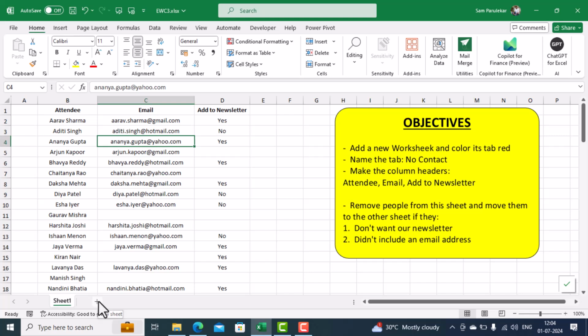We are supposed to make a new worksheet and color its tab as red, change the name of the tab to No Contacts, transfer the same column headings, that is attendee, email and add to newsletter, into the No Contacts worksheet, and then remove the people from the sheet who either don't want our newsletter or didn't include an email